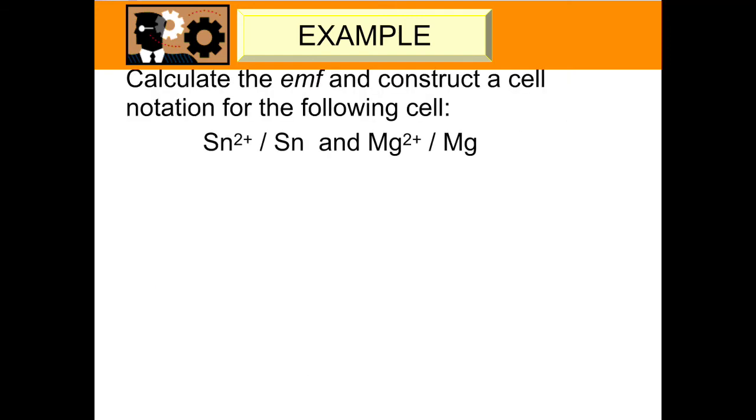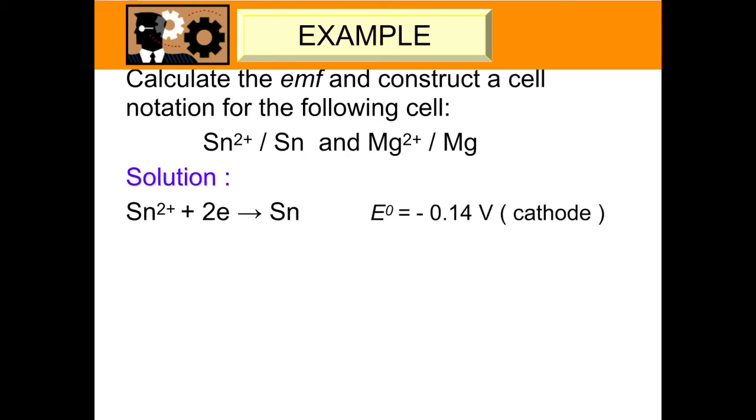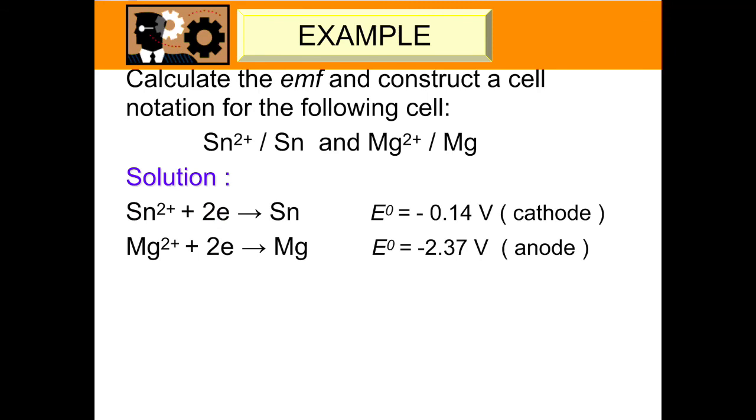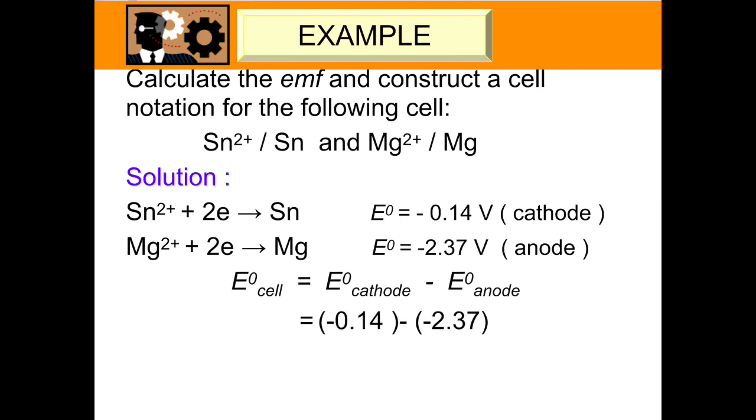Next example, we have to calculate the EMF and construct a cell notation for the following cell. So, first of all, from the electrochemical series, we write the reduction equations for Sn and Mg, including the values of E0. From the values of E0, we know that Sn will be the cathode while Mg becomes the anode. By using the formula E0 cell equals E0 cathode minus E0 anode, we will get the answer for E0 cell as